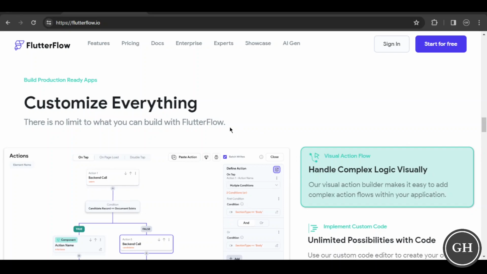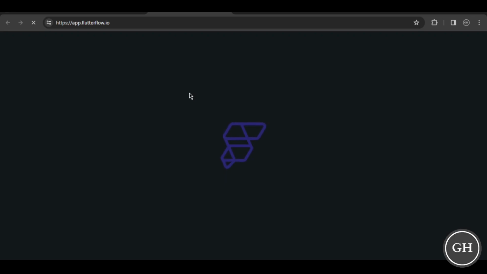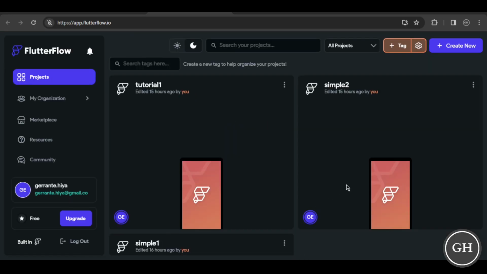Okay, now we have to log in or sign in. Click sign in here. Wait for a second. This is the first page that you will see when you are logged in to your FlutterFlow account. Now click on this button, create new,